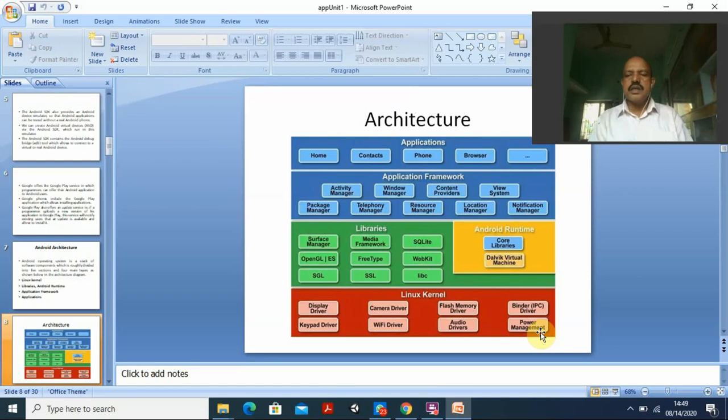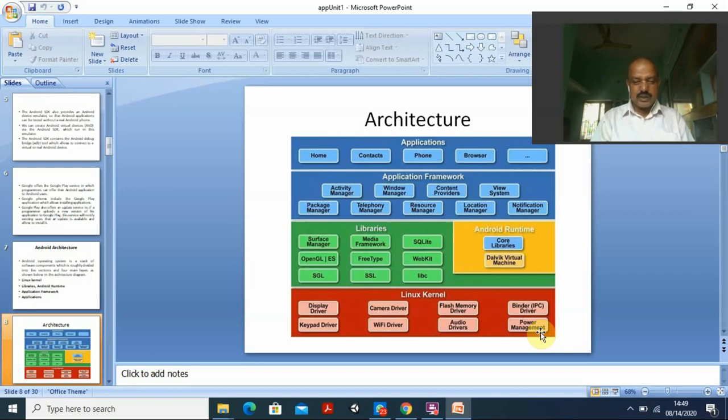Once you install these drivers, then only can the computer understand the instruction by the user, and the printer can understand the instruction by the computer, or any other connected devices can also understand. So that is the reason we go for the drivers. As I told you, we have a number of drivers, you can see it here. What is related to display? That is the display drivers.